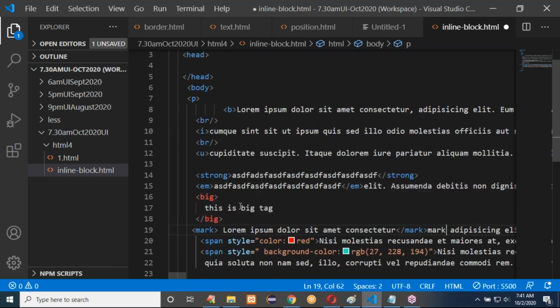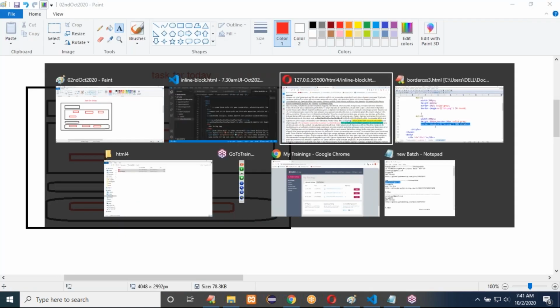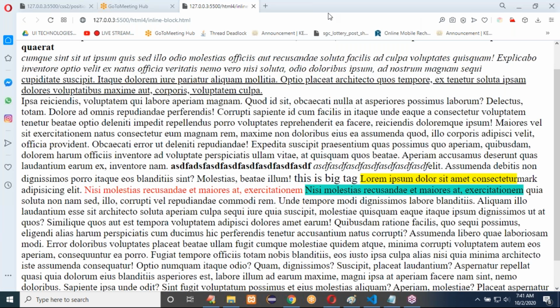And we closed it here only, no? So I have to save it with Control S. Then see here, only the mark tag content is showing in yellow color. And for the span tag, whatever color I mentioned, that CSS property is showing. Because of the mark tag, span tag, bold tag and big tag, it does not start on a new line. But when you write the paragraph tag, H1 tag, div tag or table tag, it always starts on a new line of our page. That is the difference between these two.